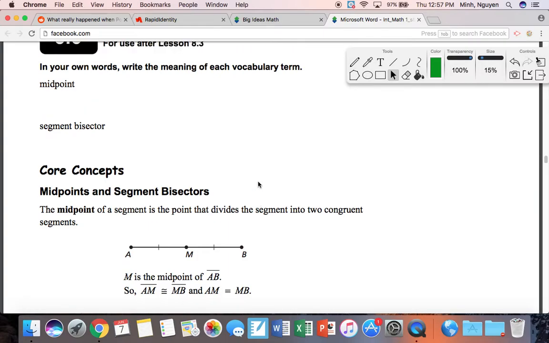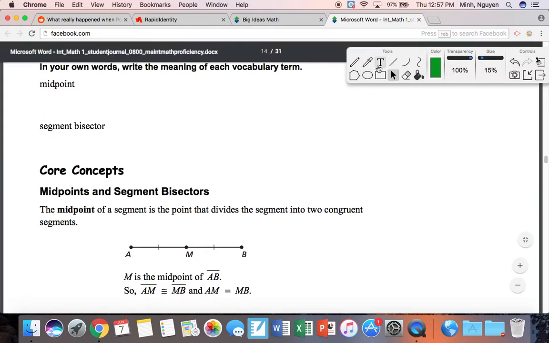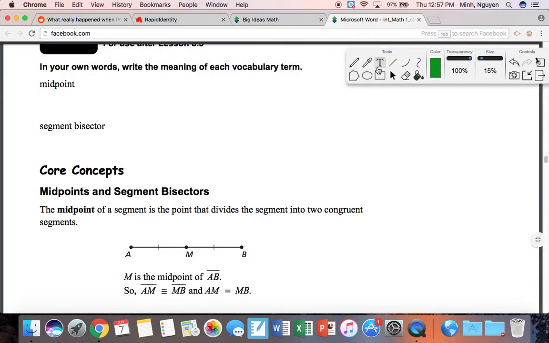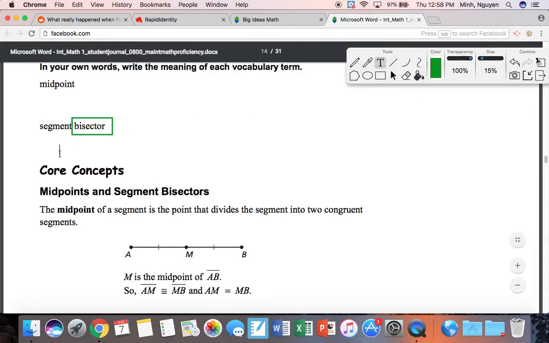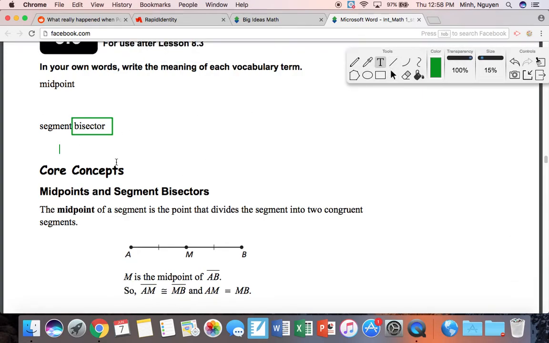In your own words, write the meaning of each vocabulary term. A midpoint is a point in the middle. That's kind of obvious. A segment bisector. Bi, what does bi mean? 2. Sector as in sections. So a segment bisector is anything or something that cuts a segment. When I say cut, I mean that splits a segment into two